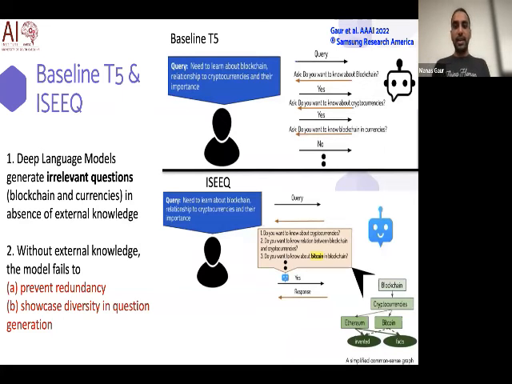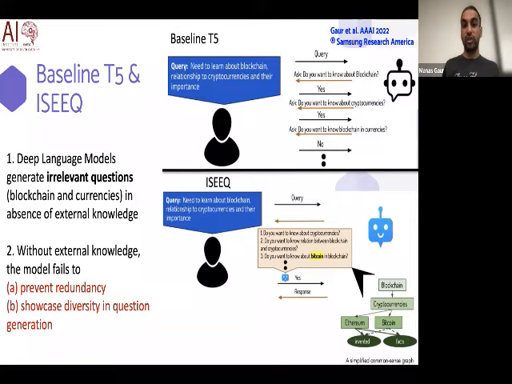So we tried this in a general domain. The reason I am putting this discussion in this tutorial is because we have been talking about mental health, so you might be asking how it works in any other domain. Here we picked the top searched queries on the web right now, and they are from blockchain. Let's say the user asks a question: I need to learn about blockchain and its relationship to cryptocurrency and their importance. If you look at a T5 model, which is a very large